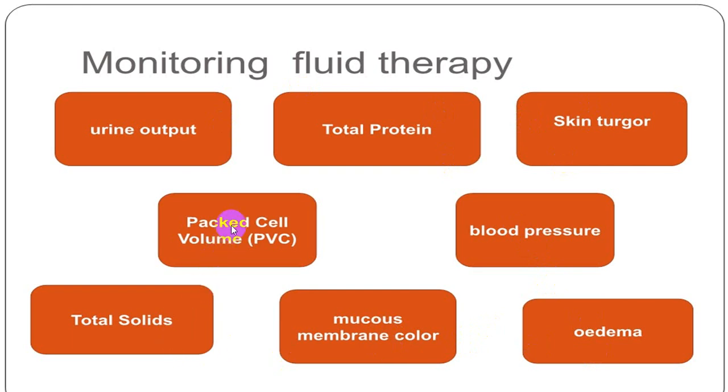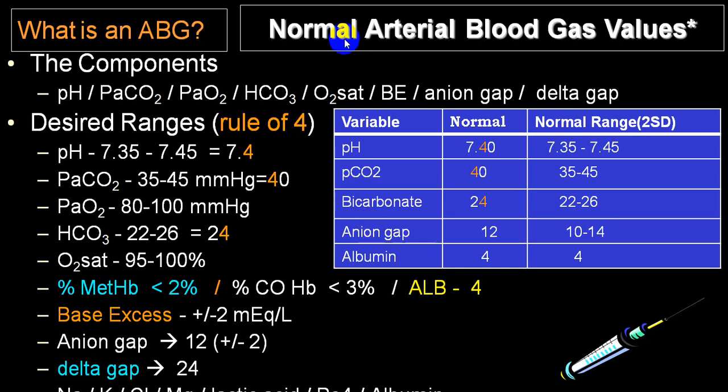PCV will be a laboratory parameter. So a PCV increase will suggest that he is moving towards volume deficit, and you also calculate the total solids, etc. So look for all these findings which will give you an idea regarding fluid therapy. And always don't forget to have a blood gas evaluation. Even if it is venous, it is also helpful. You can go through my video lectures on ABG.